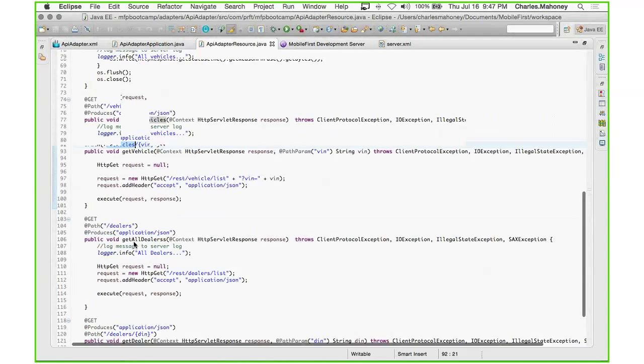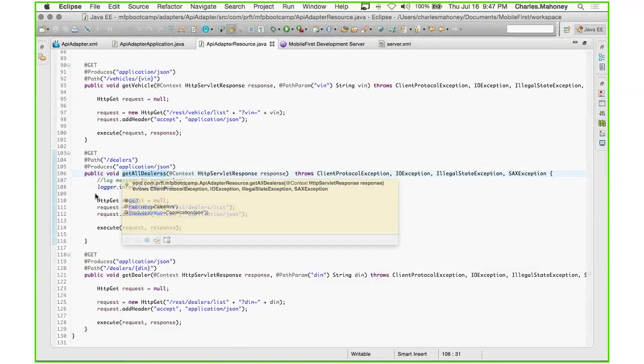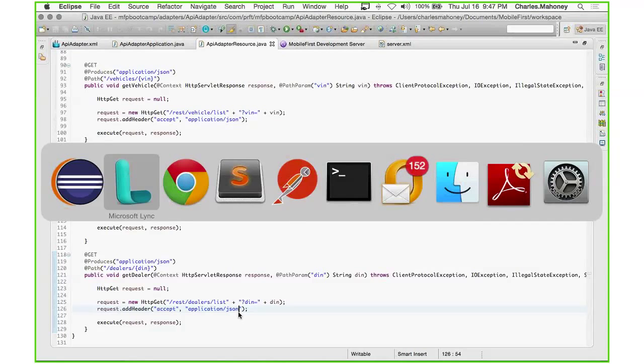Then the next step is essentially to clone our existing methods so that we have a /dealers for get all dealers, which does a get on our dealers list on the back end, and then a dealer/din which gets the dealers and passes the query string parameter of din in to get the response. And if we show that working,